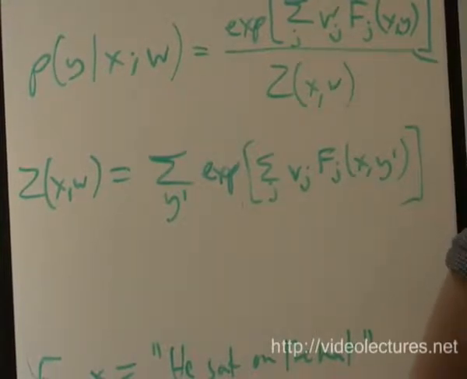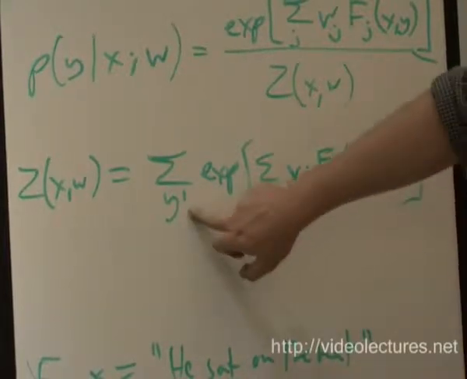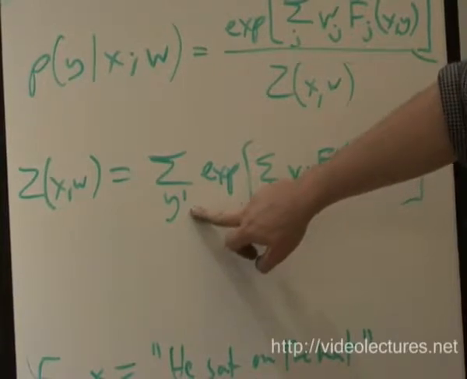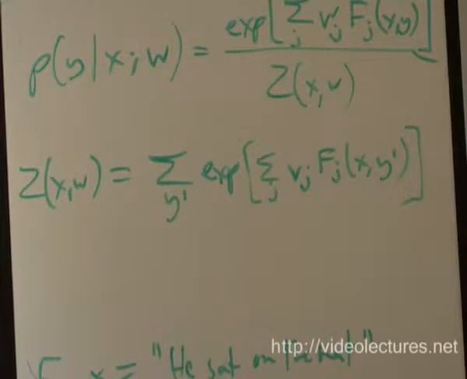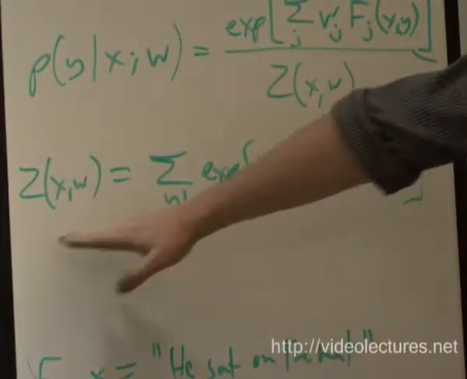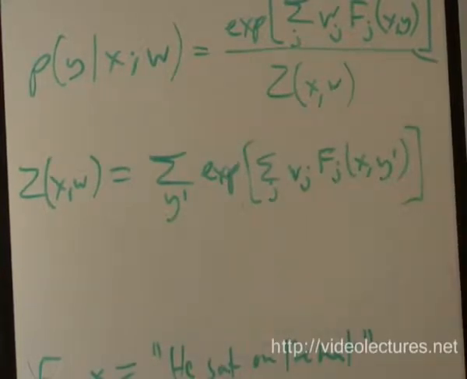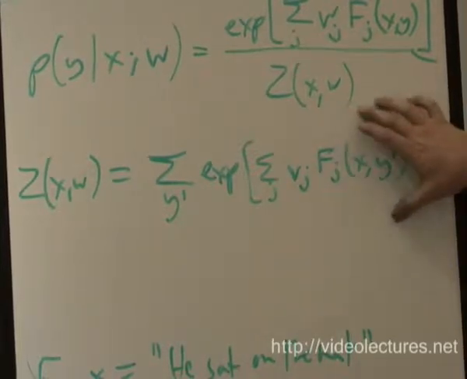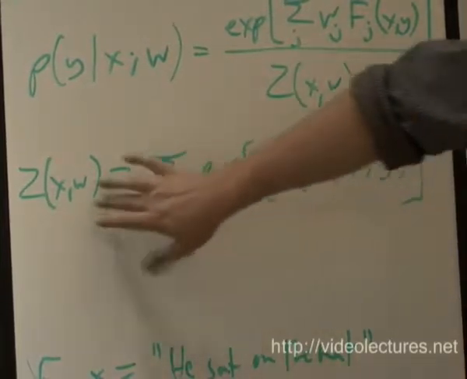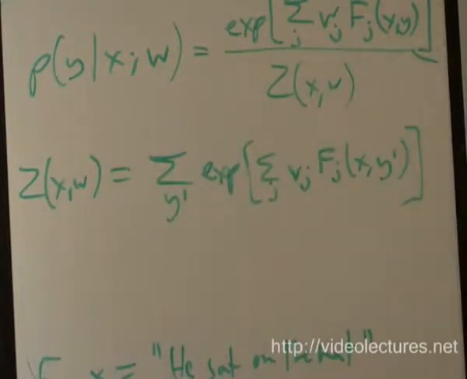I said that the only thing that I really need to assume about the label set y is that it's finite. The reason I need the label set y to be finite is that here I'm summing over everything in the label set, so that's only well defined if I'm summing over a finite set. But can somebody explain why this has to be the formal definition of z? Without this having really any particular intuitive meaning, it still mathematically has to be this, and why?